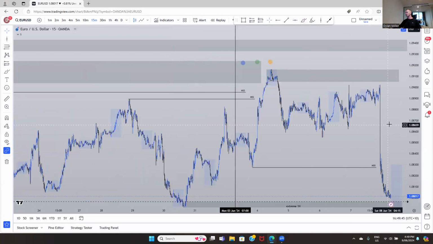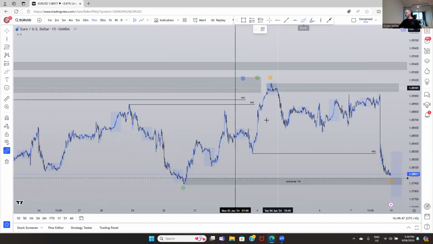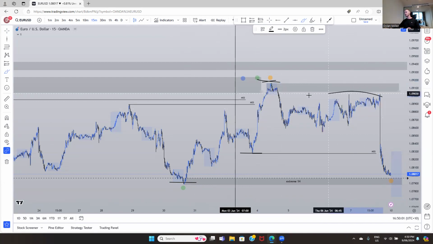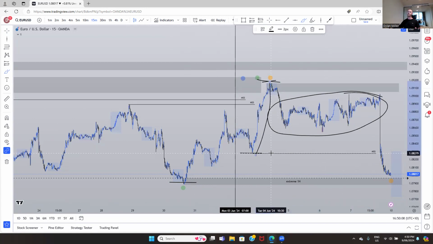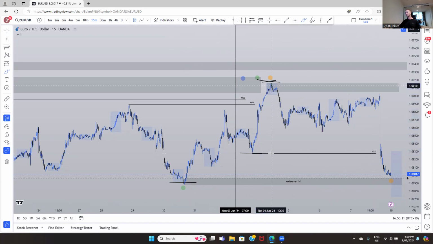So as price, we did have it from this low to this high as our external. This was our internal range that we've been working with. So price from there made it really, really awkward as we can't do anything with internal structure. So having price basically just consolidate all week inside of this internal leg really gave us nothing to be able to do. I wasn't actually looking for any trades all week on EU.